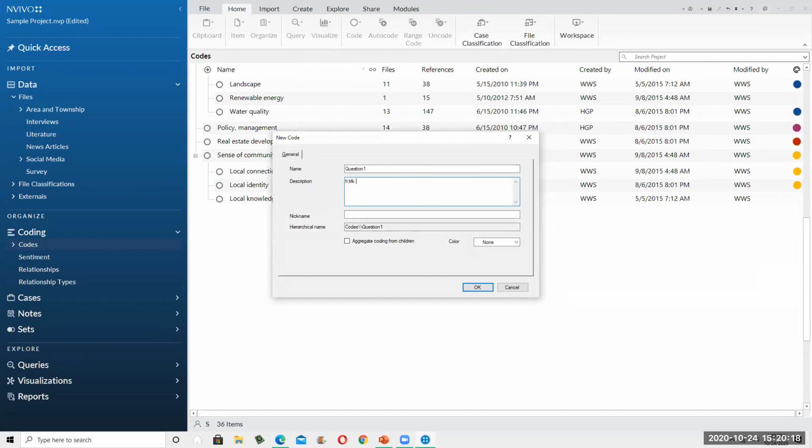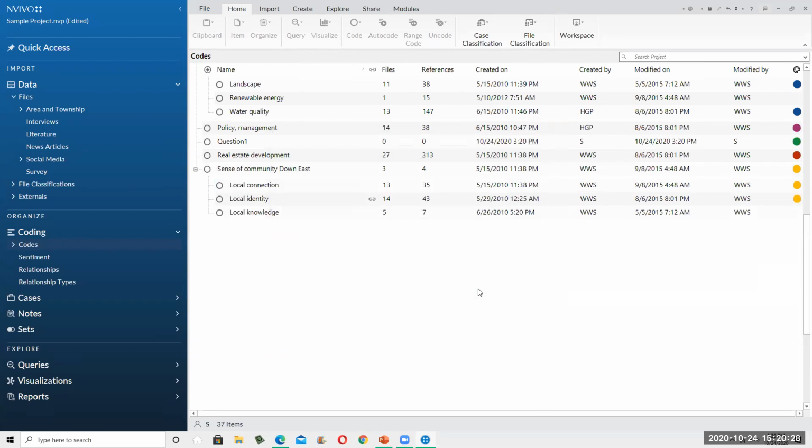Anything, you can write whatever you want. You can choose a color. This is very good in presenting data later when you have a lot of codes. Okay, green. So I have now question number 1. It is there, as you see. Okay. In question number 1, I find